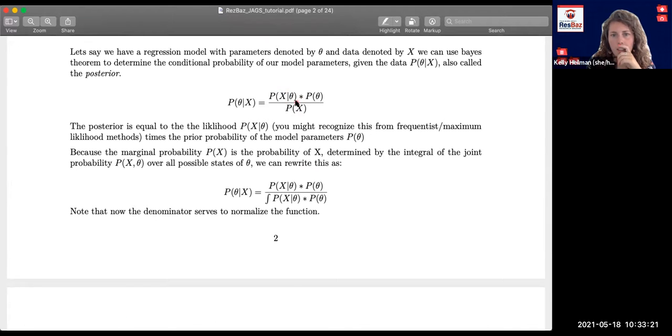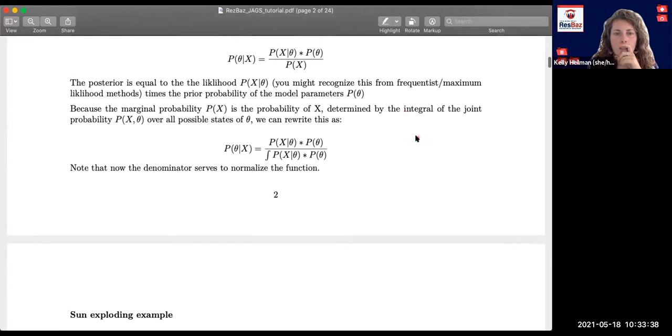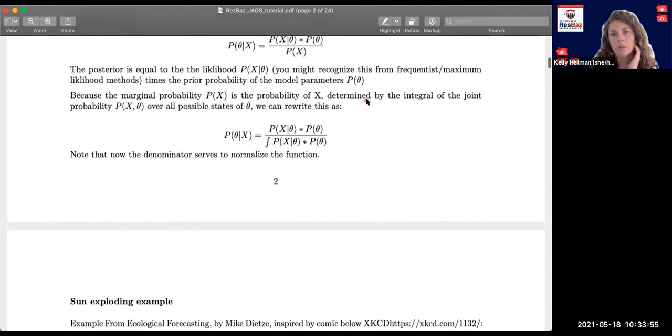Yeah, so this is the likelihood, and this probability of the model parameters or the model is the prior probability. So we'll talk a bit about the priors and the likelihood. And basically, I don't know how much I really want to talk about this, but the marginal probability of the data is the probability of x. And so because of this,